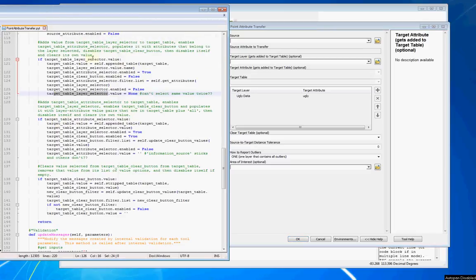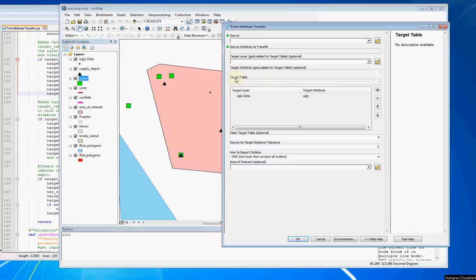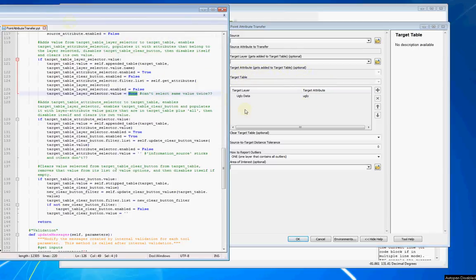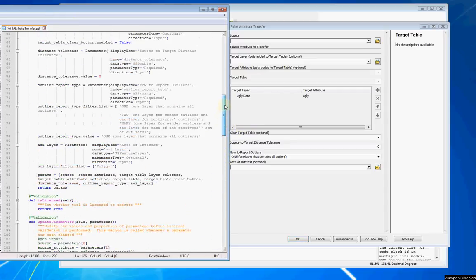But then this whole loop would still run because it has a value. So I want to know how can I fix this to where I can blank it out and I can still select it. And also for this one, for target attribute, I had to turn that into a GP string,